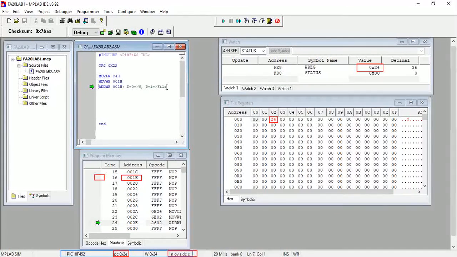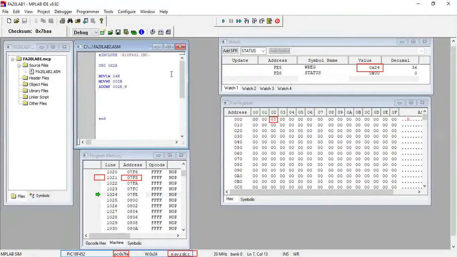So let's see what is going to happen, and I'm going to write 0 for working register, or I can simply write comma working register, right? Let me write comma W. Why W? Because the 02 location content, which is 24 hex, and the working register content, which is 24 hex, we want to add them up, and the result will go in the working register. That is why I'm mentioning the working register as W, right? I can write 0 as well. I can write W as well for the working register. So I'm gonna press it, right?